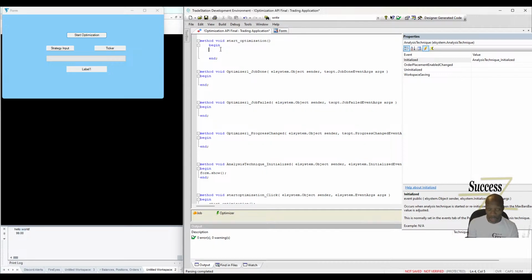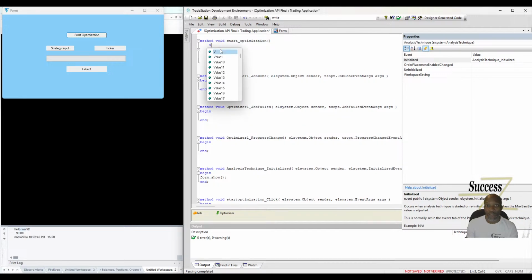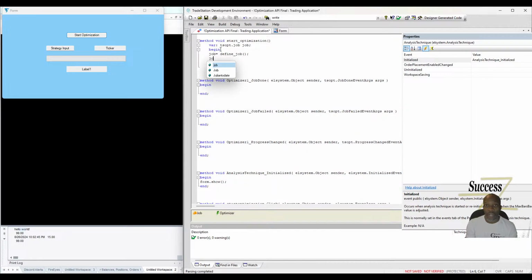What you're going to want to do is we're going to have a variable, and it's going to be ts opt, TradeStation optimization, ts opt dot job. It's going to be called job. That's the object, job. It's going to receive the actual defined job from, guess what, defined job. Now, defined job hasn't been defined, so we have to start that. Once we get done with this, the optimizer is going to use job.Optimizer dot,